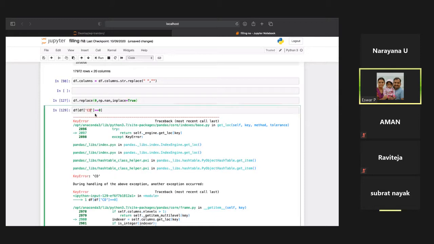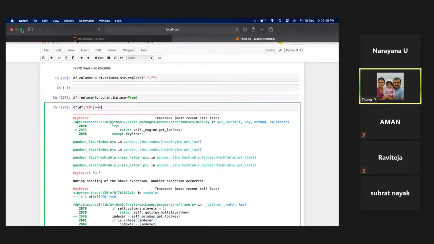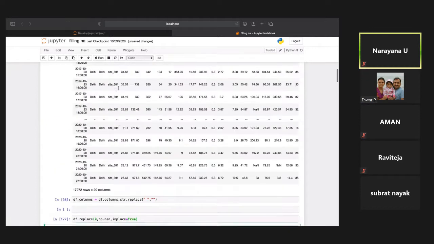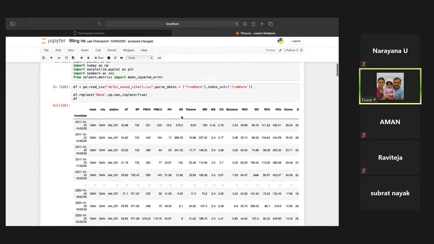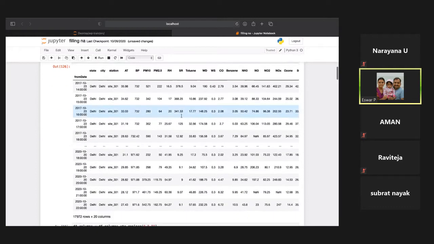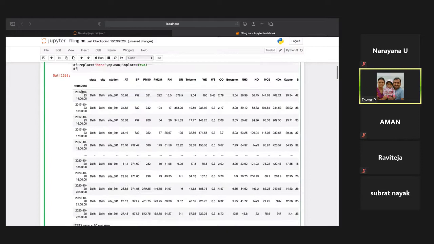No, sir. It is zero. Okay. See, is it small o or capital O? Try to copy from that data frame you have printed somewhere, right? See, the O is somewhat different. Copy that and paste. Maybe there is a space, nothing is there, na? That also we have to see.